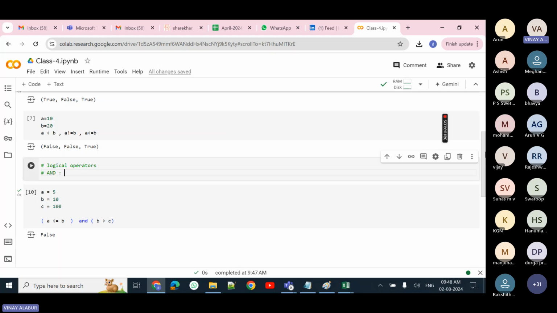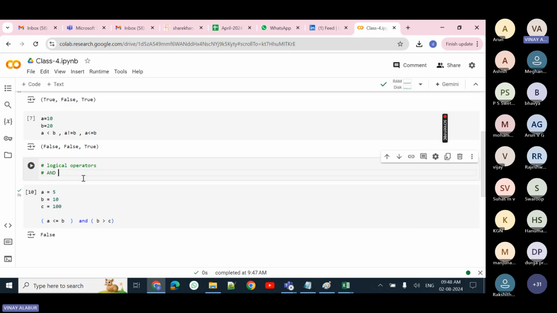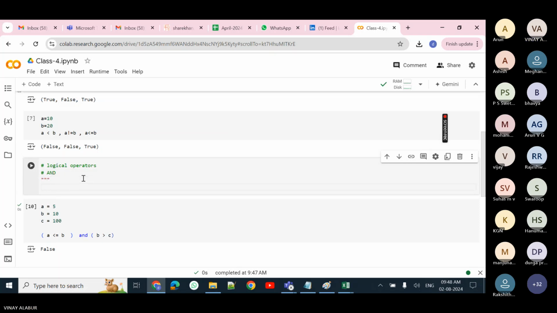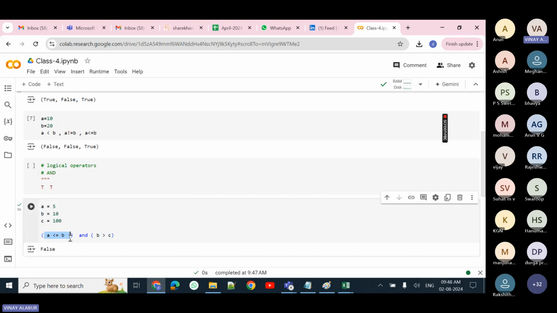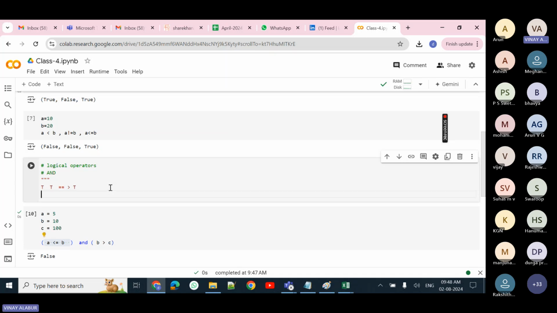You need to have both expressions pass. This expression should pass and this expression should also pass. Then only it becomes true. AND is something like what you learned in college, how it works: true, true. If both your expressions are true, then the answer will also be true. Got it? If one of your conditions fails